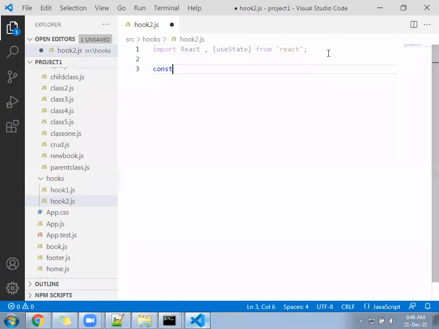Write a constant hook2, whatever method, this comes inside.